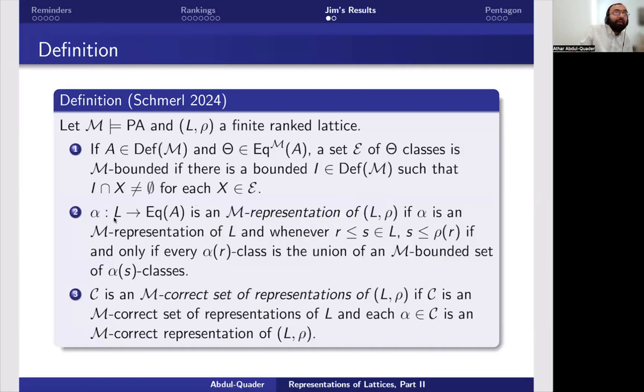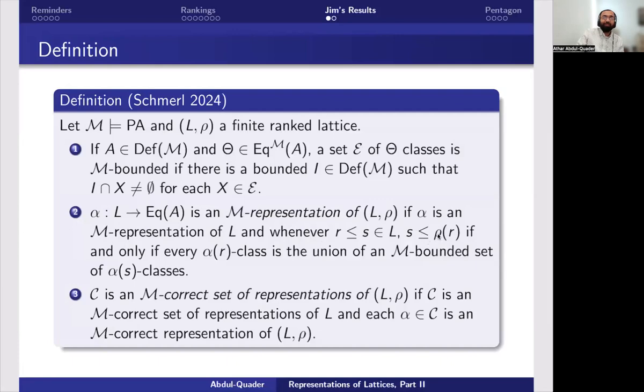And an M representation of L, rho of a ranked lattice, is a representation of L on a definable set A, where this representation and the set A are both definable. And whenever R is below S